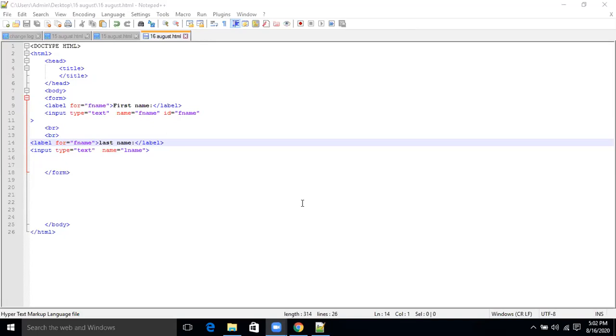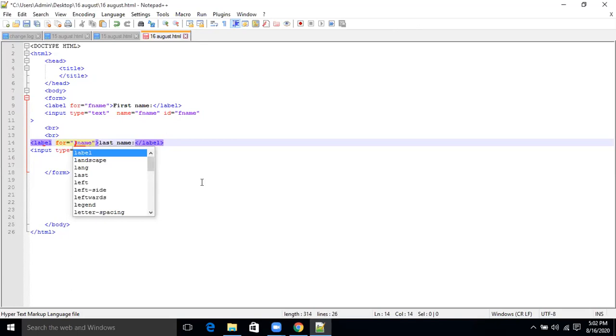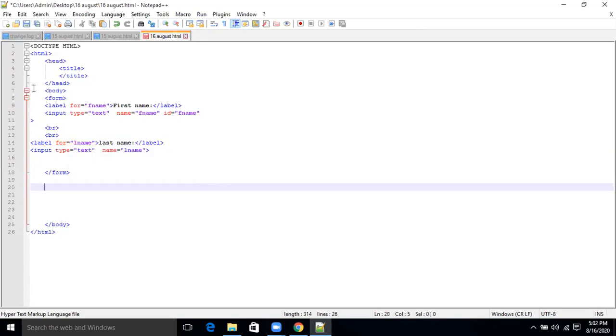Okay. So we have a label, and this is the label name, right? Make it L name, last name, L name. Very good. Then wait. This label needs to be referenced in this particular input type.